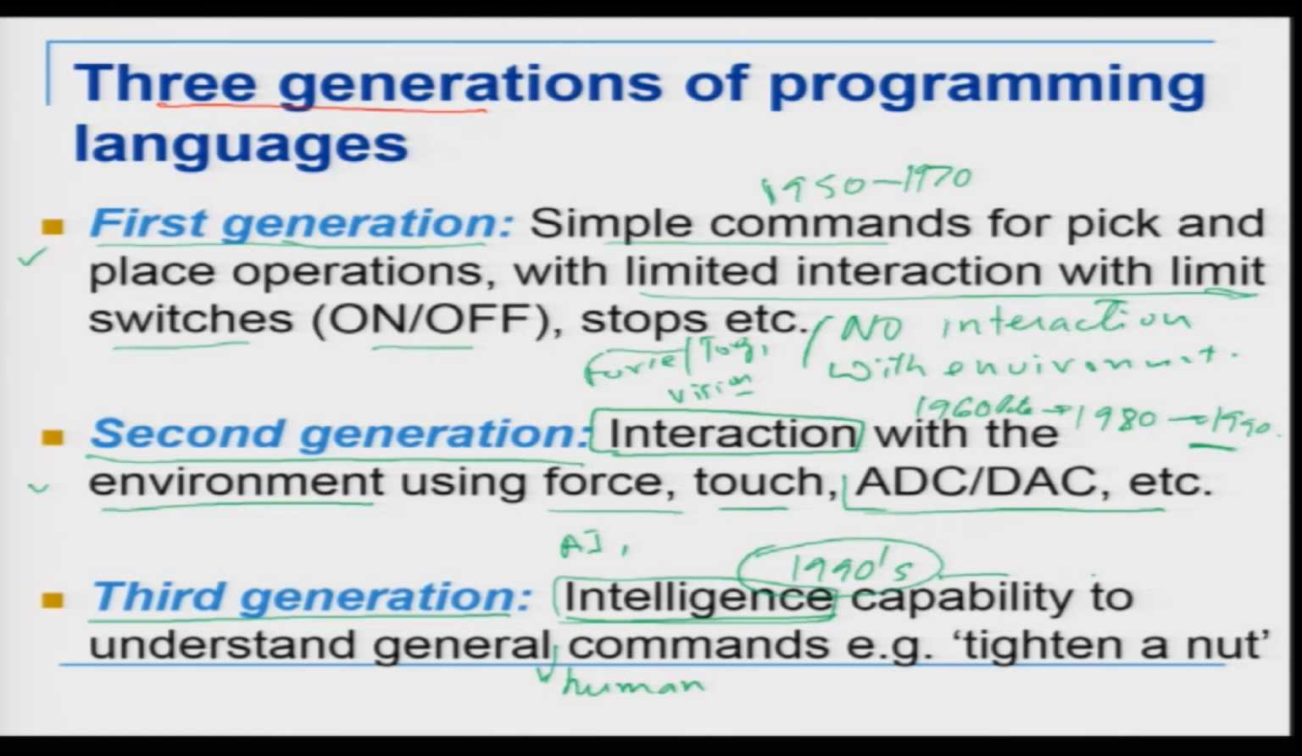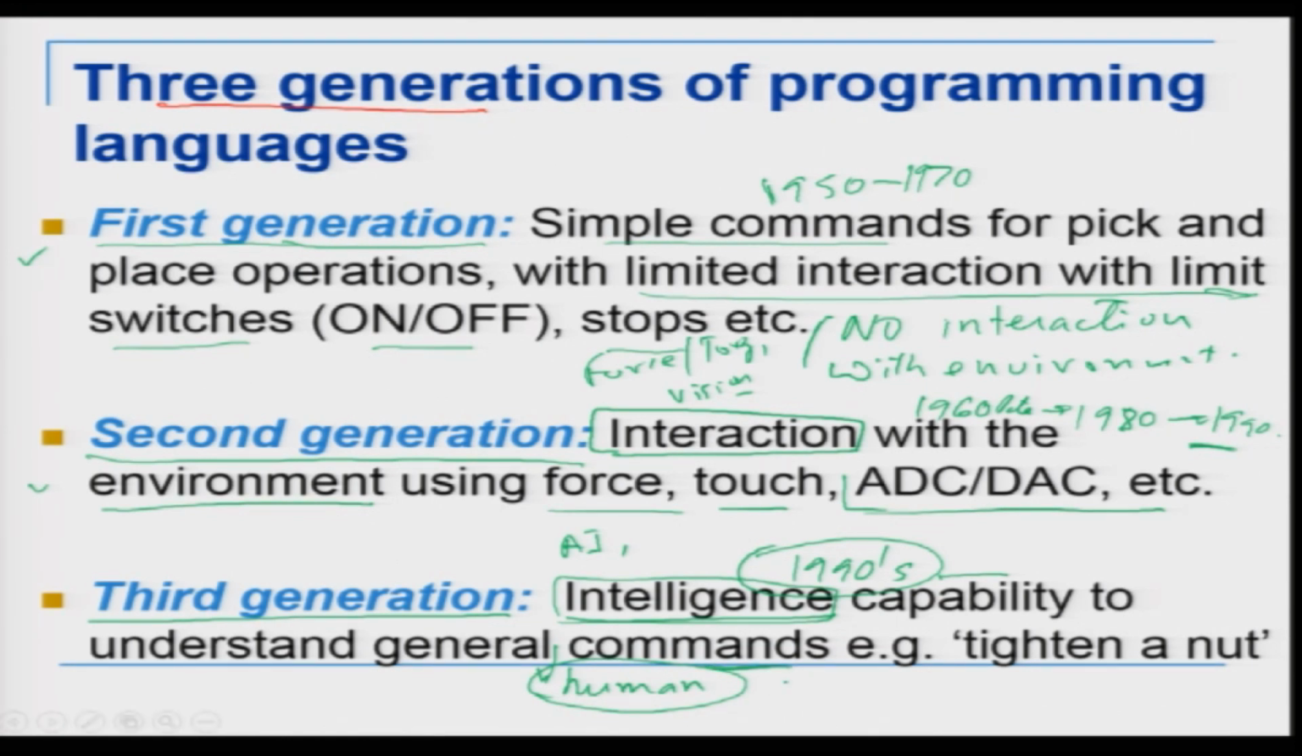And from the 1990s people have been going on in this direction to develop more intelligent languages. Now the problem with developing intelligent languages is that essentially when we talk of understanding human commands, it basically means that a human